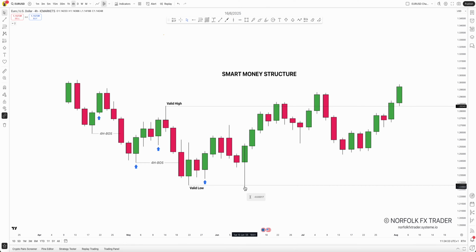As price comes back down and we wick through this low. Now, normally we were looking at price before, this was making your lower high to a new lower low. And then you saw a break of structure here. That does not become a valid high. Why? Because we don't have a valid close through this low. We've only had a sweep. And again, that is another trap that you're going to get caught in if you don't understand this smart money